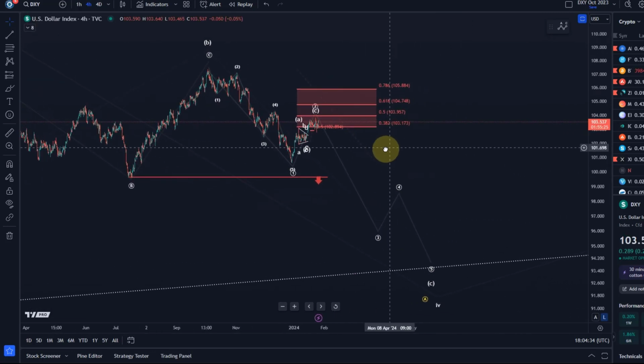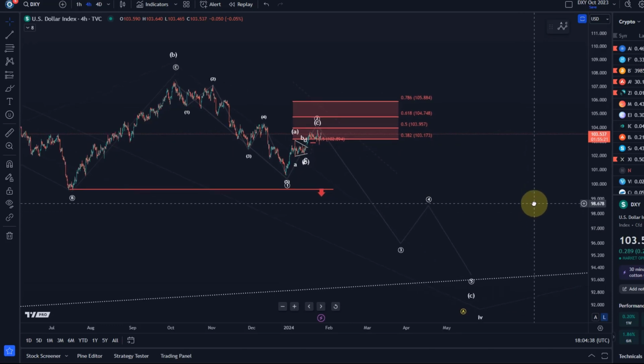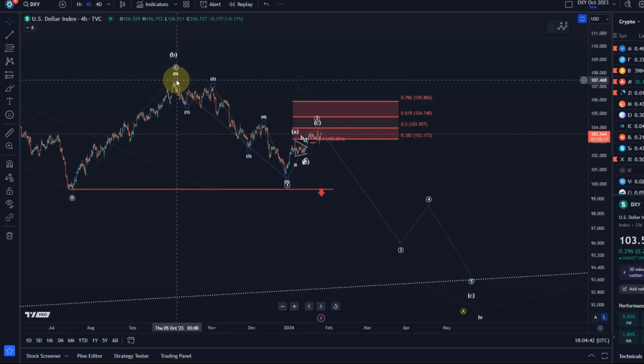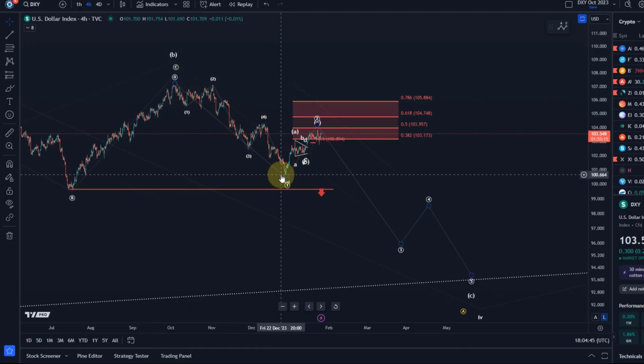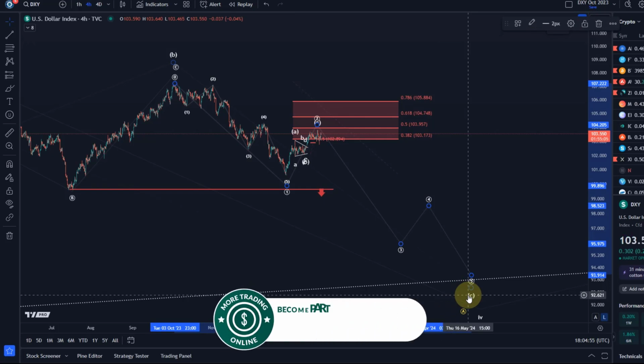So far, it's adhering nicely to our wave count. It's cooperating very well with the ideas that we've talked about here in recent videos. Also, the 5-wave move to the downside has materialized, which I count as wave 1 of wave C. The C wave is a 5-wave move and should ideally take us into the low $90 region over the coming weeks and months, rather months.